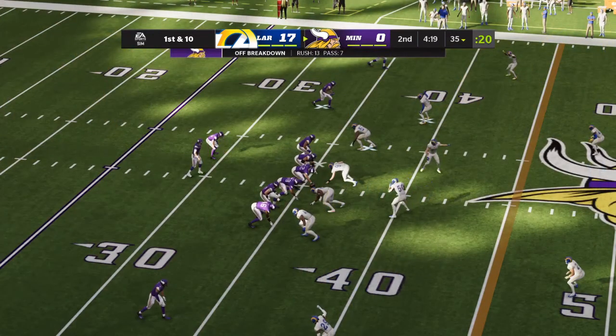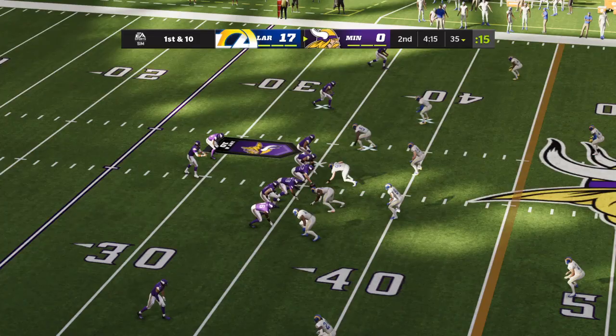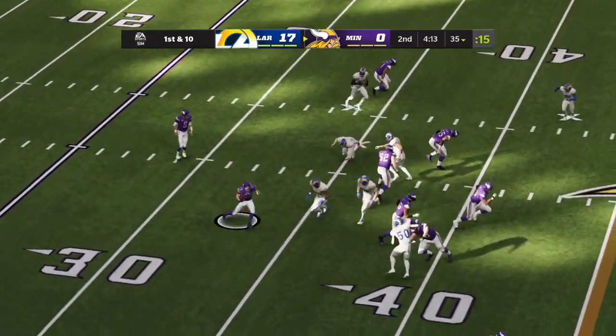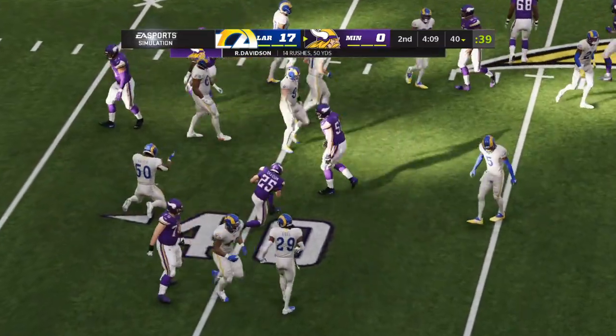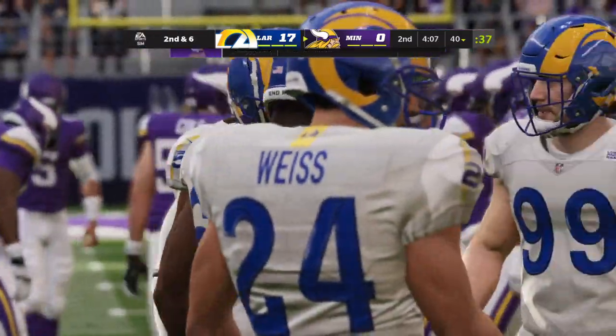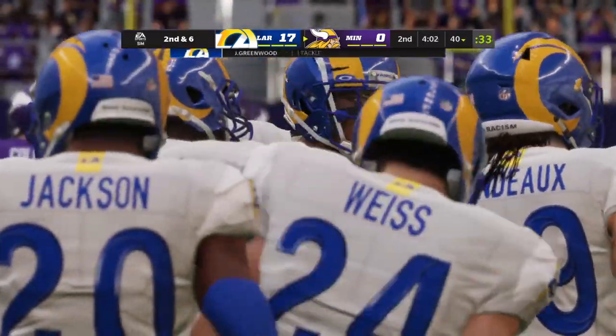Ball up to the 35 now as they come up on 1st and 10. They'll run on first down. It's Davidson, and he'll take this one for about 4 up to the 40. End result of that one, a nice 4-yard gain, so you can use that to set up your play-action game,